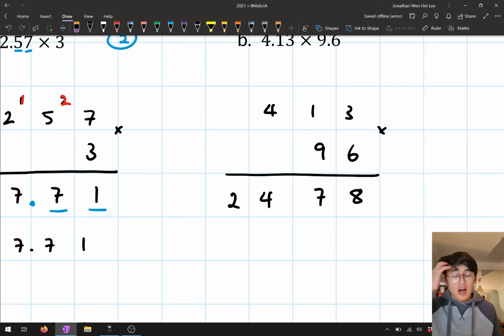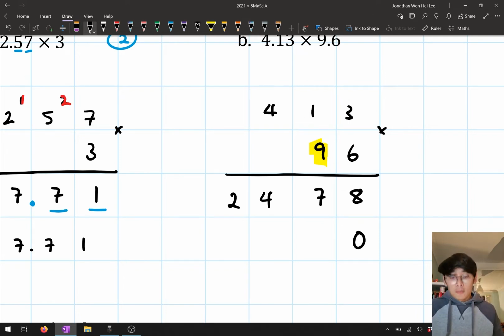Now when I multiply the 9, I'm not just multiplying by 9, am I? If you remember from last lesson when we talked about place value, that 9 actually represents 9 lots of 10. So that 9 actually represents 90. So what I want to do here when I'm doing the multiplication is I just want to add on a 0 at the end there. Because I'm multiplying by 10, I just want to put that 0 there just to remind myself that I'm multiplying